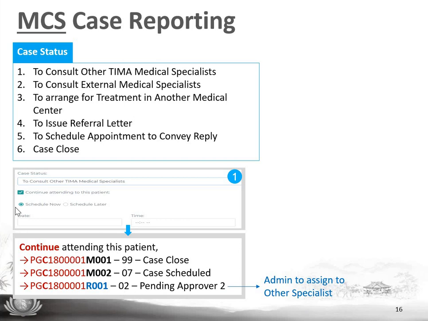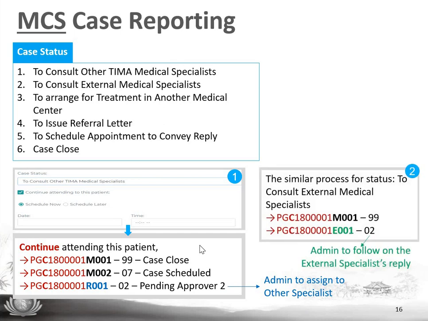That's the difference between checking and unchecking continue attending to this patient. Similarly, if the doctor chooses to consult external medical specialists, a new subnumber E001 will be branched out and admin will have to follow up with the external specialist to get a formal reply before advice can be provided to the patient.